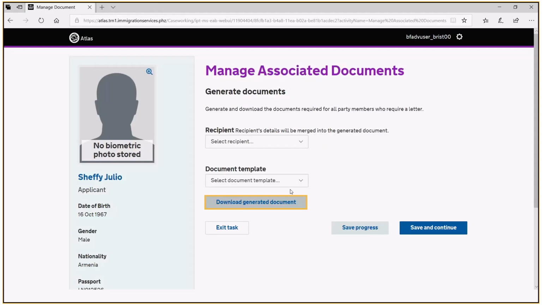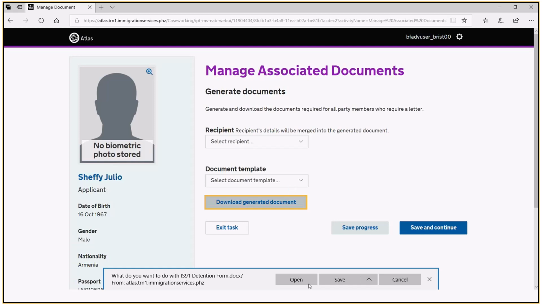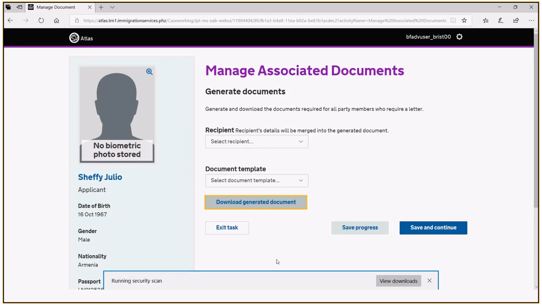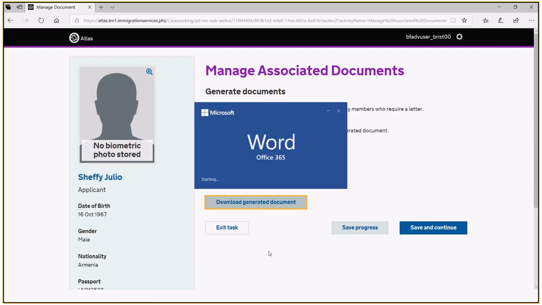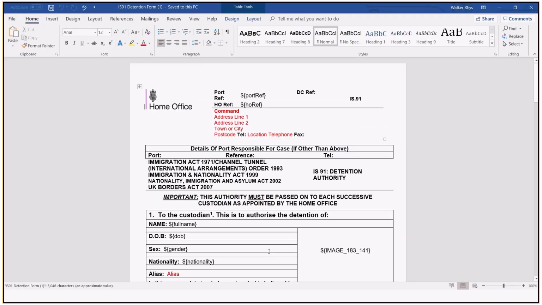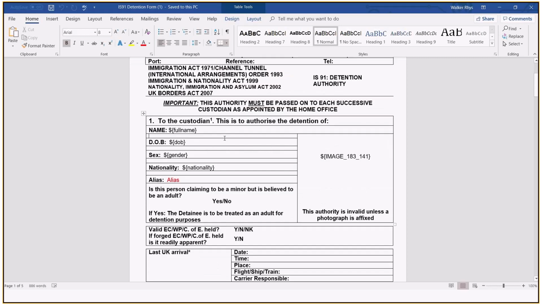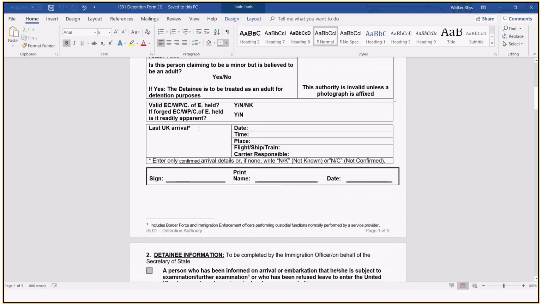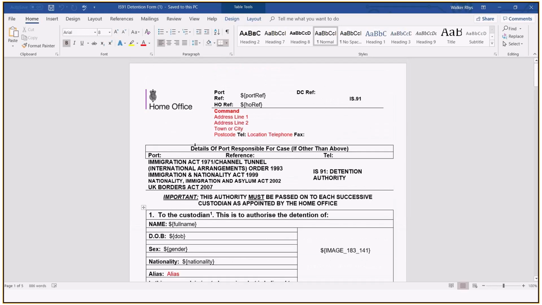So it works very similar to SID, and it will open up into a Microsoft Word document. The only difference is it won't save that Word document and merge it onto the system. There are a few teething problems with the templates at the moment, as I'm going to show you. It's not merging all the information as we want it to at the moment, so just be careful with that. However, that is in hand, and hopefully by the time you start using the system live, you won't need to